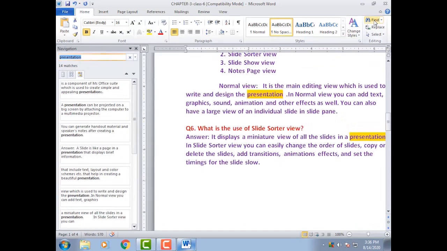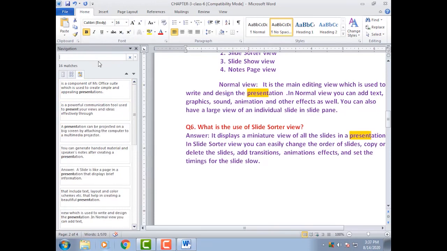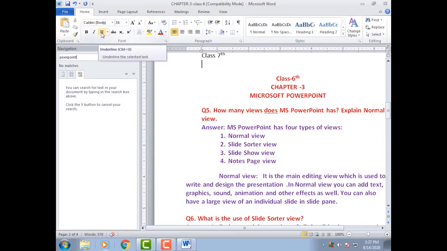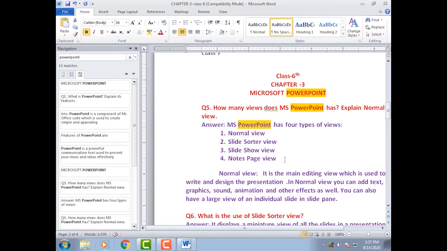Click on the Find option. When you click on the Find option, the navigation pane will appear on the screen. This is the navigation pane. This is the search box. You have to type the word which you want to search in your document here. Suppose I will type PowerPoint here, and press the enter button or result button.